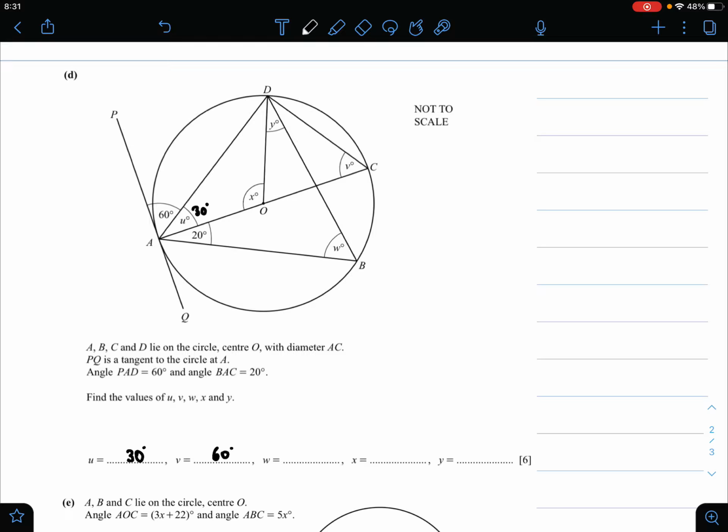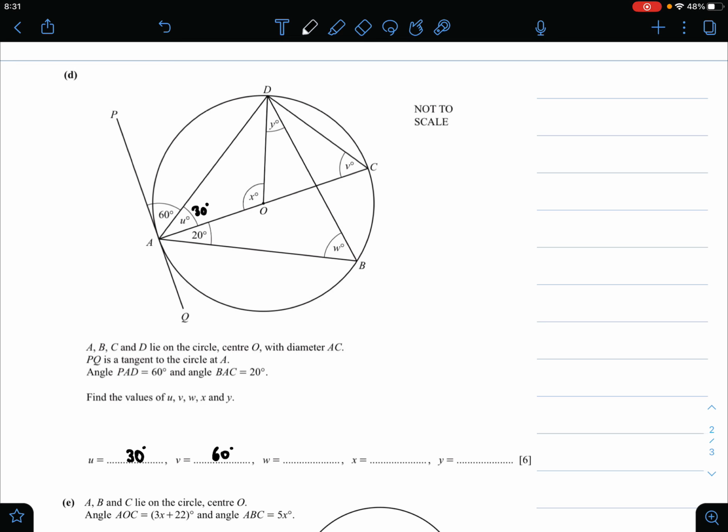Or you could even use the rule that the angle between the tangent and the side of the triangle is equal to the interior opposite angle. So that means 60 degrees would be equal to V, and it would be equal to W as well. If you see, both of the triangles ADC and ADB,